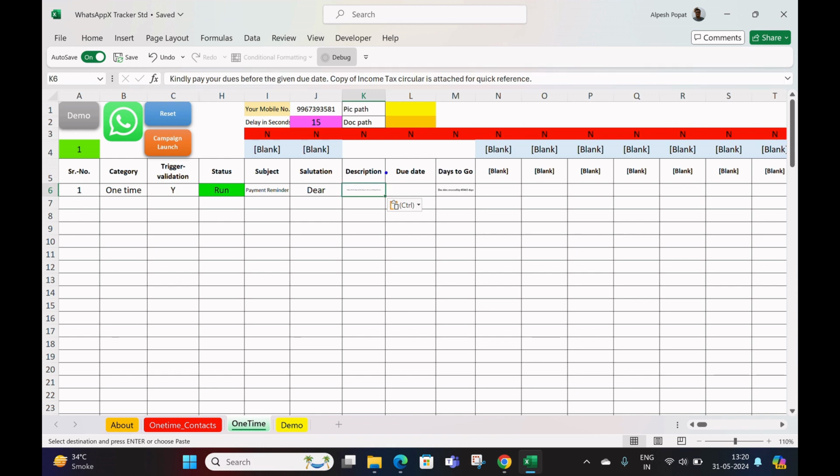Next is the due date, so I will mention my due date, which is 30th of June. So before that, I request my customers to pay their respective dues. The moment I mention the date, you can see in the next column, which is days to go, 30 days is